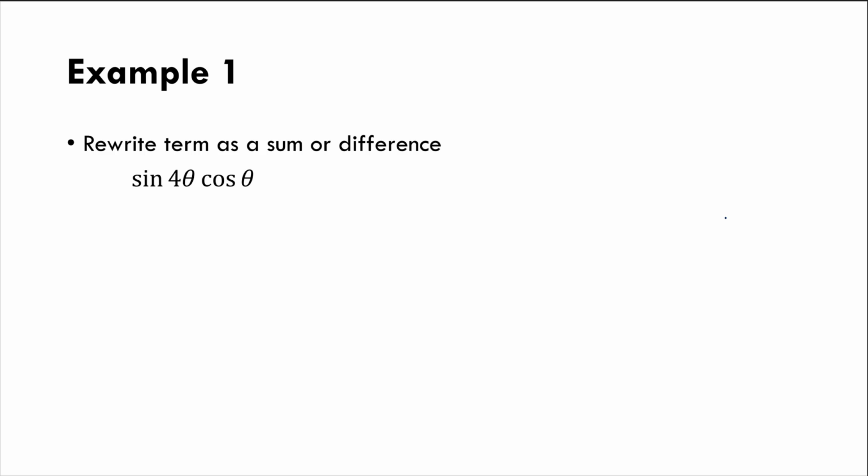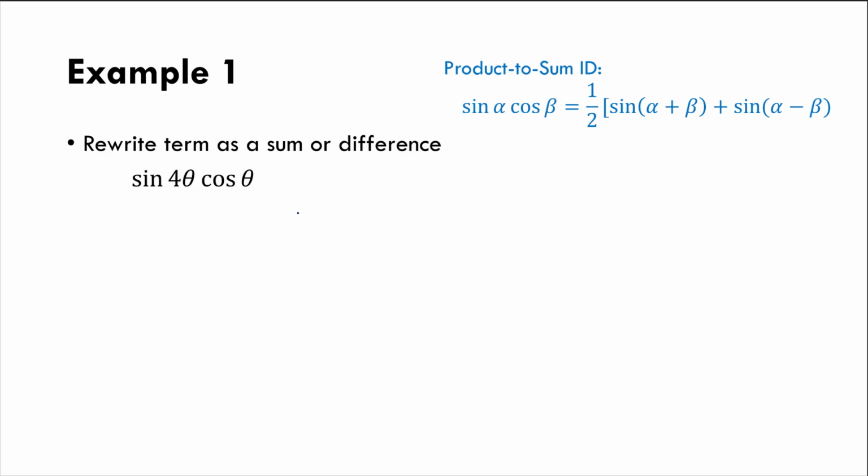Our first example, we're looking to rewrite our term here as a sum or a difference. For this one, we're going to rely on one of our product to sum identities that says sine alpha cosine beta is equal to 1/2 [sine alpha plus beta plus sine alpha minus beta]. So our alpha in this instance is going to be this 4 theta, and this is our beta. So we've got 1/2